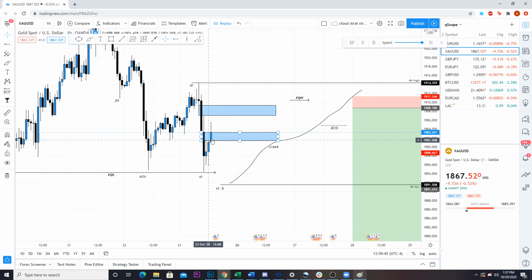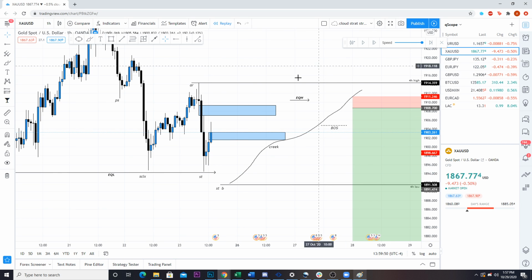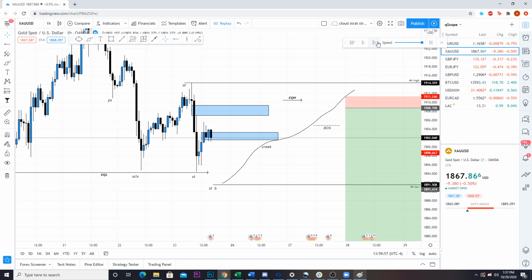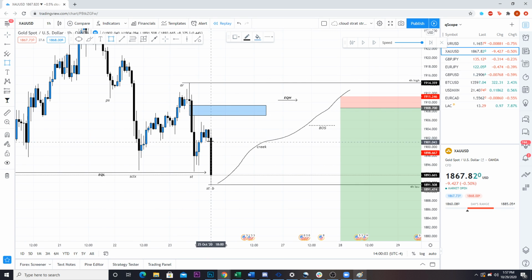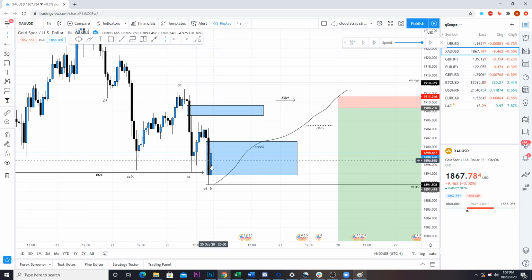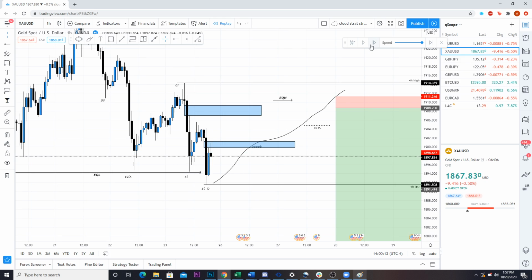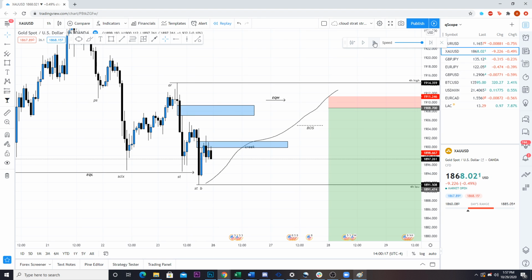And now what will you notice? As we filled this, we've created this wick to wick movement right here of imbalance, right? So what can we expect? This is going to come down to fill and then continue higher. So we come down, we come to fill it, we come to fill it again, and we come even lower. Fantastic. So as we've done that, we still have this area of imbalance that we are looking at. We've created this new area right here of imbalance, okay? Come to fill almost all of it up, leaving this area of imbalance right here only. Come to fill a little bit more of it, fill the entirety of it, play in and around this area